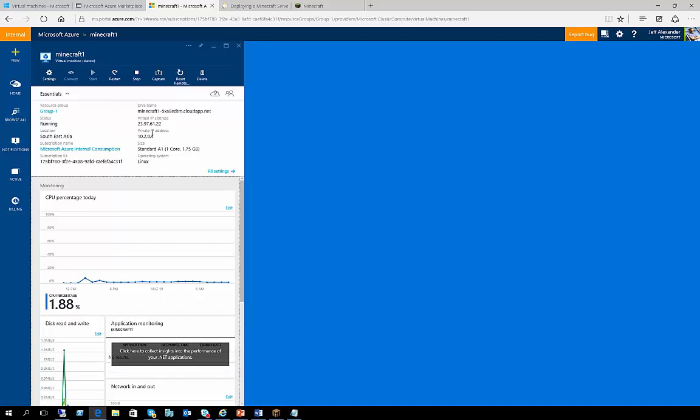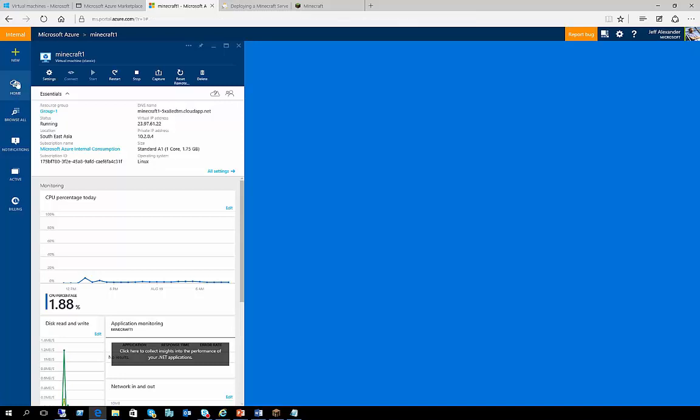First of all, we set up a cloud service. That's your cloud service that you're going to be using to connect your clients to the Minecraft server. You could use this, or you could use your public virtual IP address. This is your public IP address on the internet that you're going to be using to connect clients to that. And you'll see that this is running Linux. This particular Minecraft server is based on Ubuntu, and we're going to go through the process of creating that Minecraft